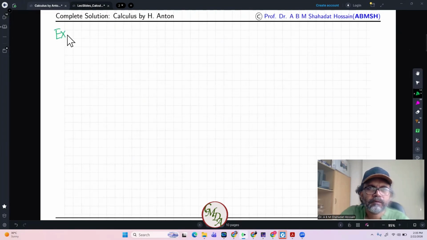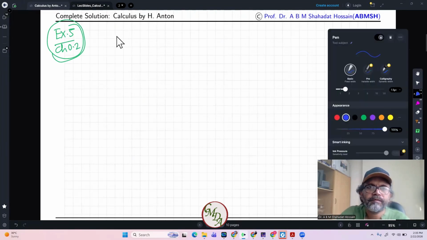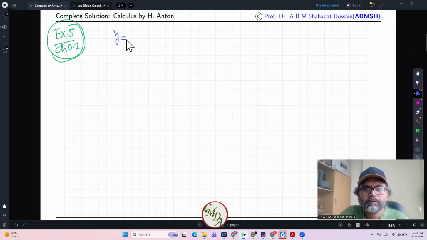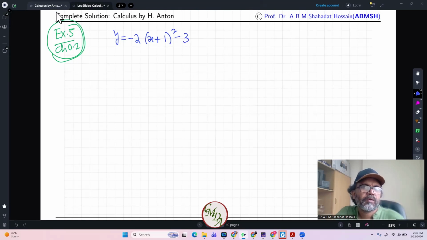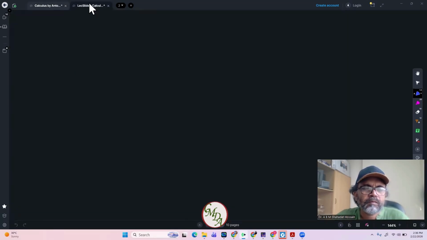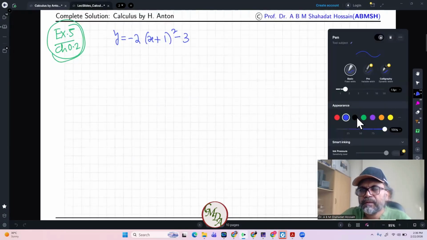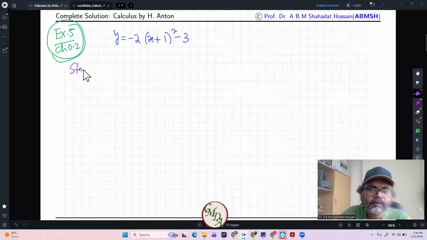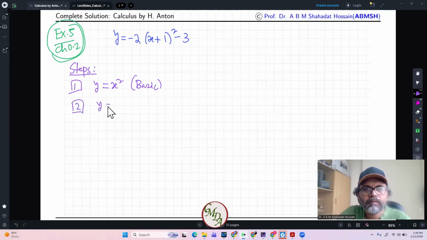So exercise 5 from chapter 0.2. The equation is given here: y equals minus 2 times (x plus 1) whole squared minus 3. Okay. So the basic steps here, we first define the steps. Clearly the basic function is y equals x squared. This is the basic. And then we get y equals minus x squared,